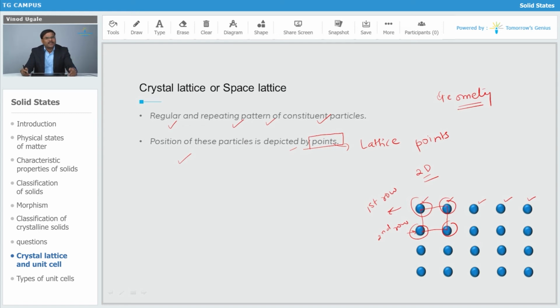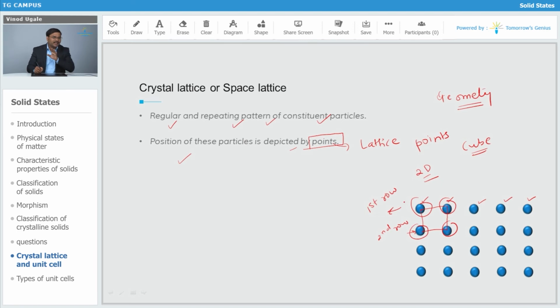Originally crystals are going to be 3-dimensional. So if a square is a 2D shape, what is going to be its 3D shape? Obviously it is going to be a cube. So that is one of the crystal systems, the cubic crystal system, one of the crystal systems I am saying, because there can be other crystal systems also besides the cubic system. So the lattice, the space, is the place where all the particles are arranged in a definite manner.